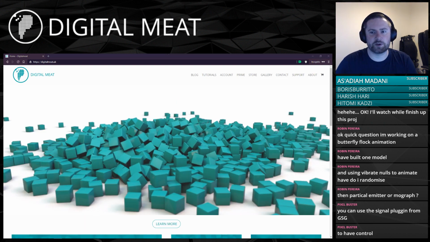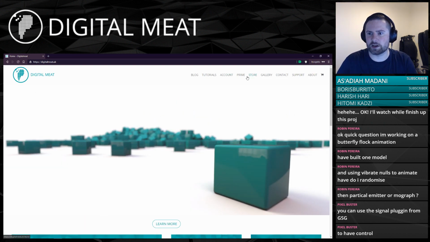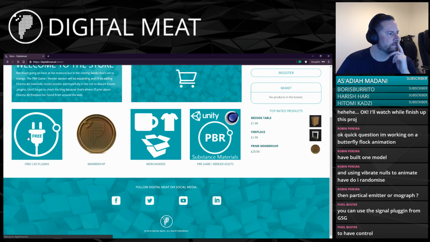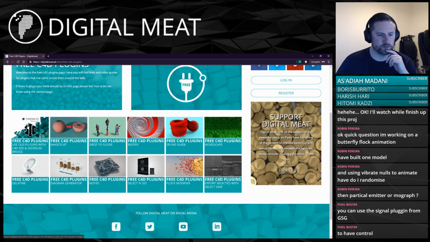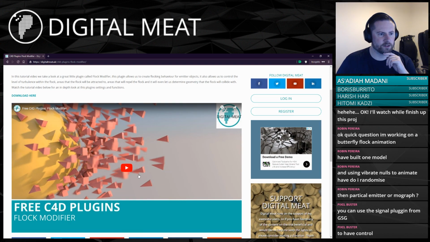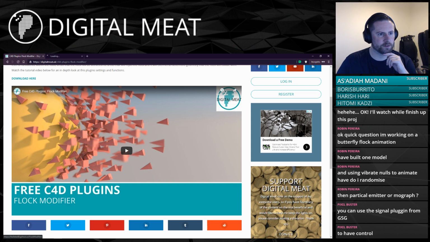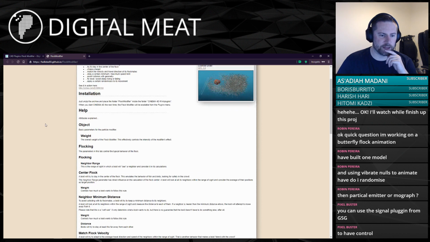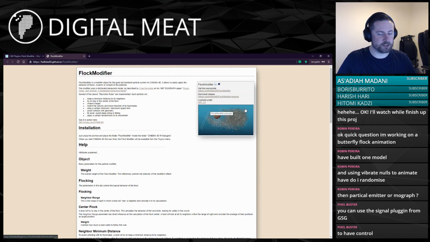Okay, right, so if we go to the store and go to the free plugins section, there is a tutorial in here about the flock modifier plugin, which could help you out no end, because you can put your butterflies in this flock modifier, and then you can have a flock of butterflies, and you can actually control their path, their direction, where they're going to go, what they're attracted to, all that kind of stuff. Kind of any flocking behavior, really.